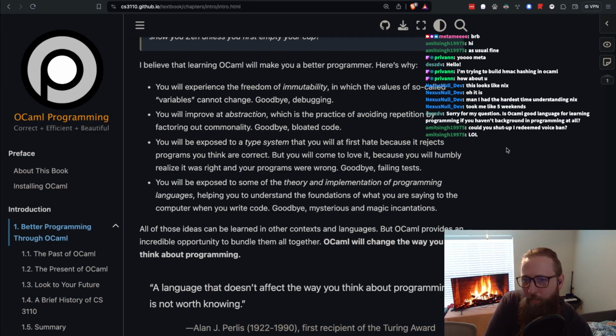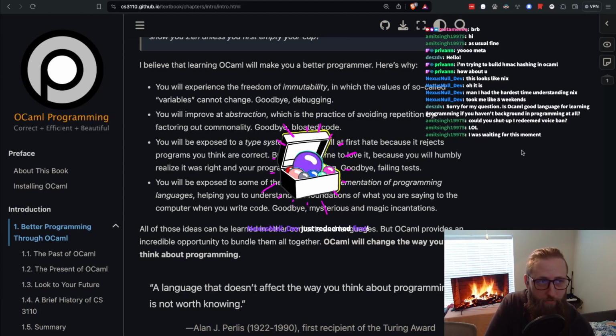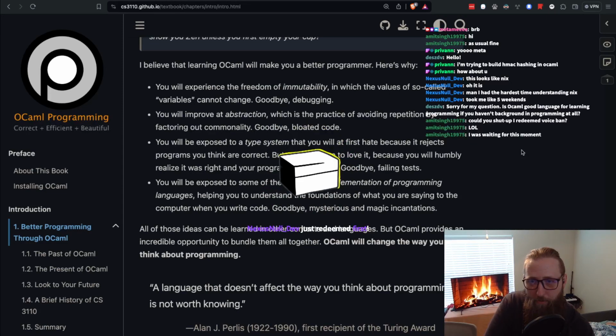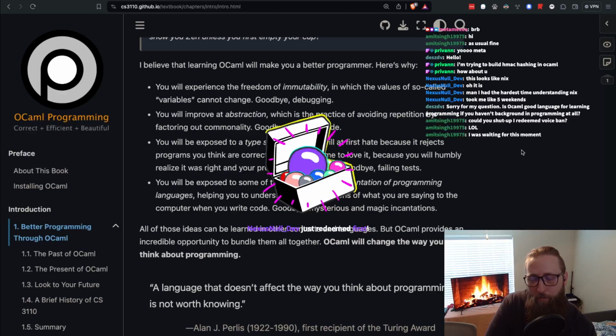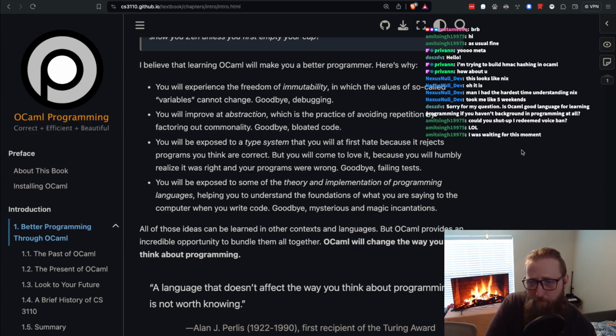I believe that learning OCaml will make you a better programmer, and here's why. You will experience the freedom of immutability, in which the values of so-called variables cannot change. Goodbye, debugging. You will improve at abstraction, which is the practice of avoiding repetition by factoring out commonality. Goodbye, bloated code. You will be exposed to a type system that you will at first hate, because it rejects